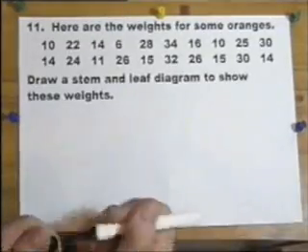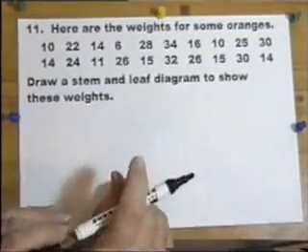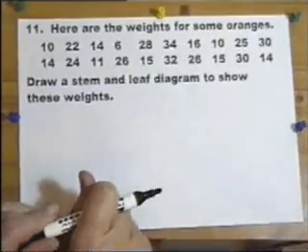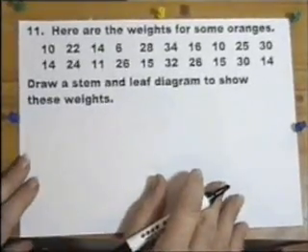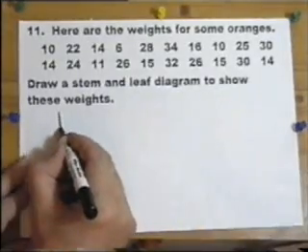Here are some weights in grams for some oranges. Draw a stem and leaf diagram to show these weights. Now a stem and leaf diagram is when you draw a line down here